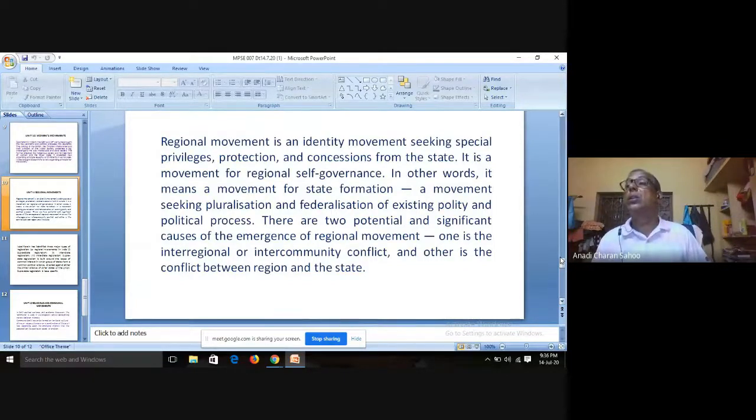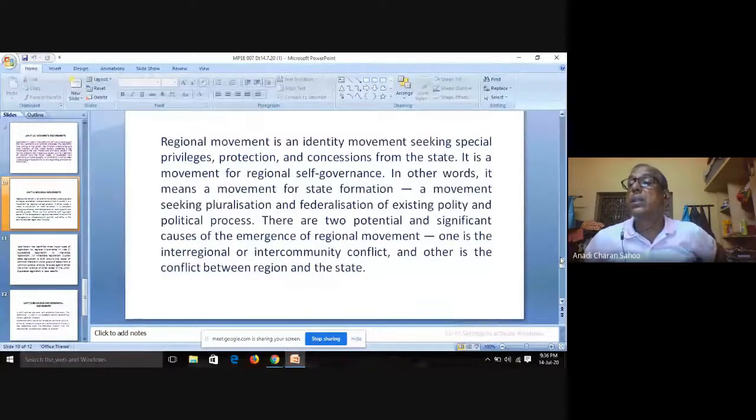SRC recommendation: the Government of India passed the States Reorganisation Act in November 1956. Since then, the number of states has increased to 29 and Union Territories to 7. States formed since 1956 include Gujarat 1960, Nagaland 1963, Haryana 1966, Punjab 1966, Himachal Pradesh 1961, Manipur 1962, Meghalaya 1972, Tripura 1972, Sikkim 1975,